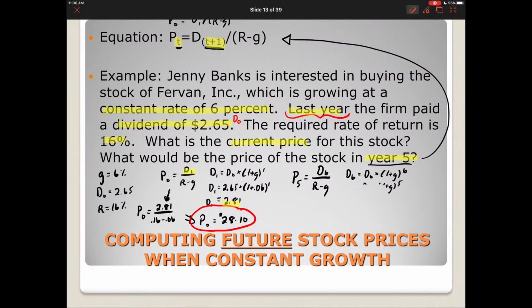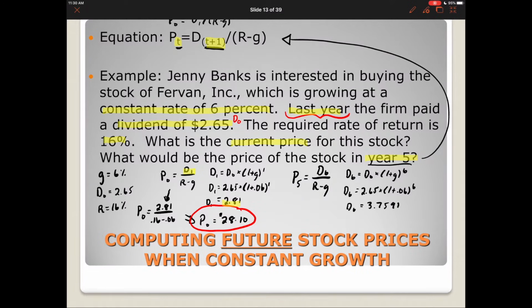But what we'll do is just start with the cash flow that we know, and we'll just compound it 6 periods. This is just our simple time value of money compounding a single cash flow. So our dividend for year 6 is equal to the dividend that we know, 2.65, multiplied by 1 plus our growth rate, which is 6%, and we're going to compound it 6 periods. So the dividend for the 6th year, if it continues to grow at 6% year over year, that dividend in the 6th year will be equal to